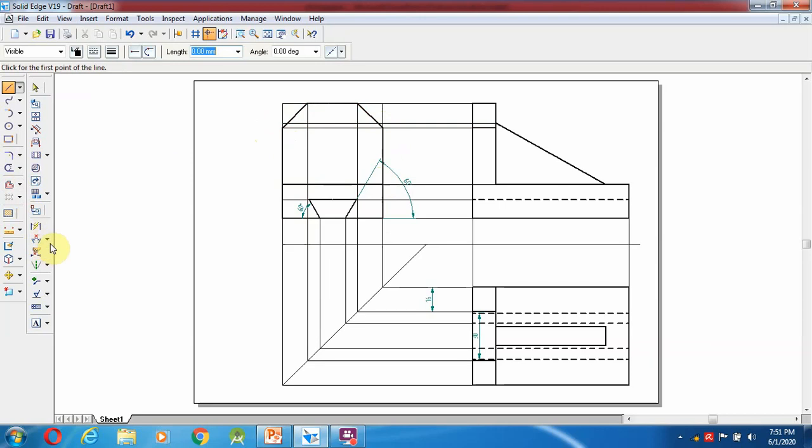Then we can check the dimension, the distance from here to here. Even here to this one, so almost it will be 16 mm only, it's correct. Even here also, this line to this line, the distance is 16 mm, so everything is correct. Then you can stop. The only thing is this rib we have to make over here.